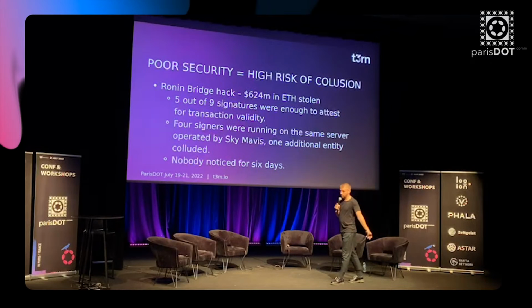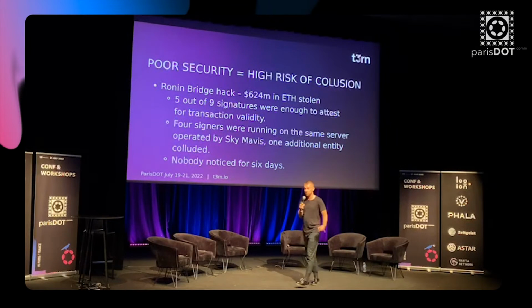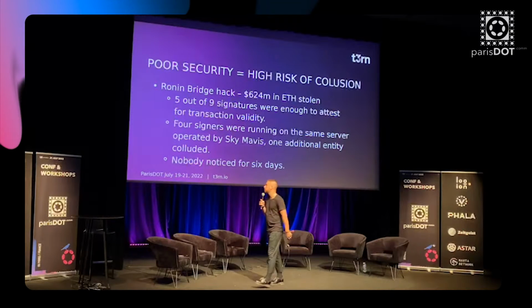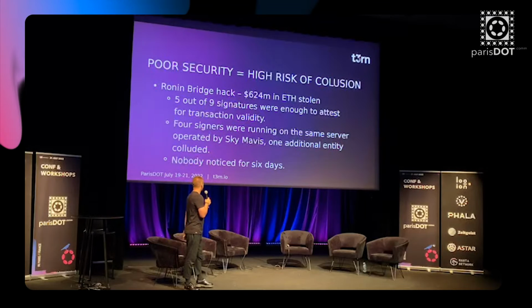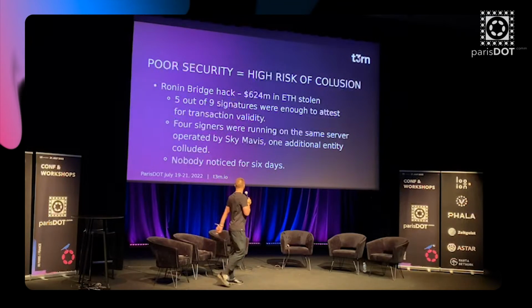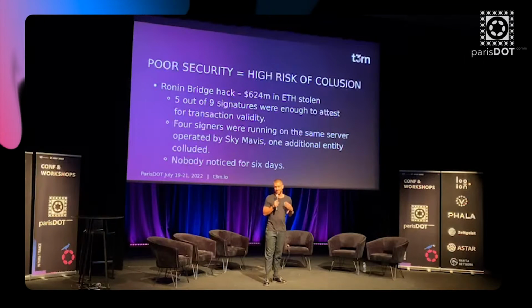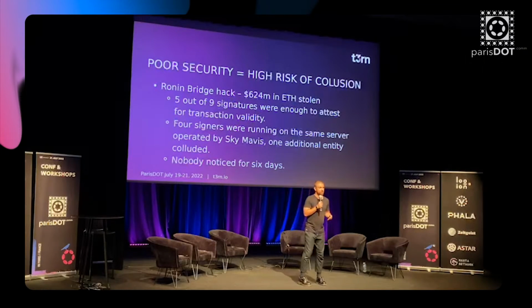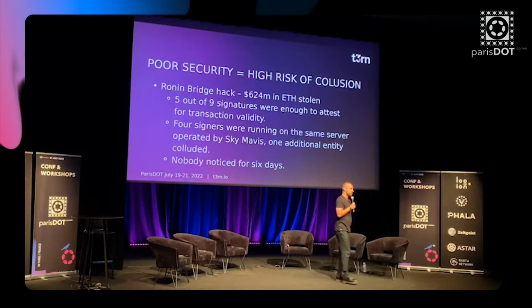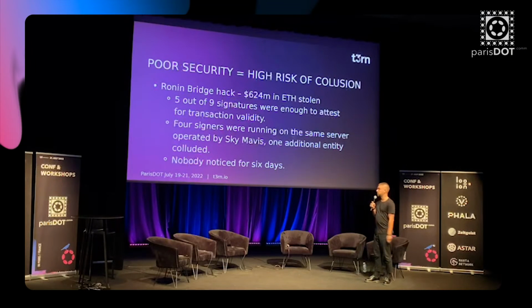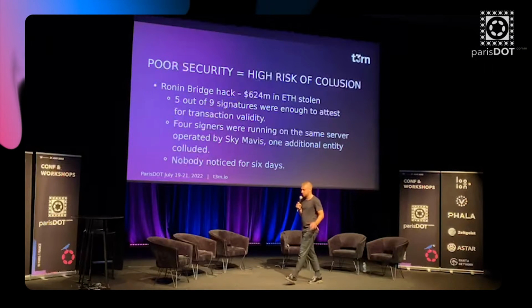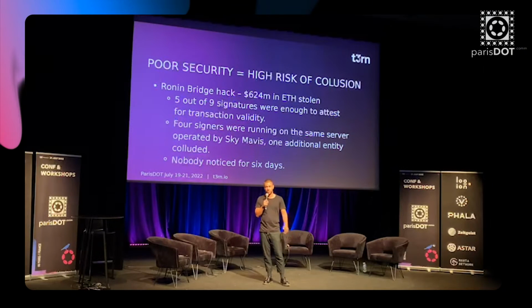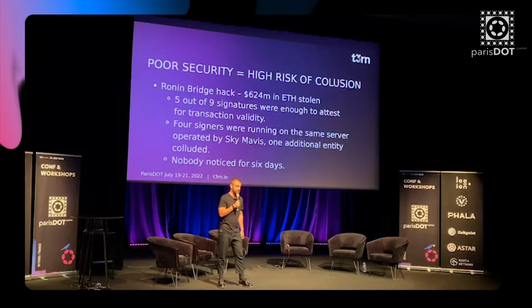Look at something like Ronin, obviously one of the most notorious hacks to happen in the space as a whole. Essentially what happened there was there were 9 validators, and 4 were being run by Sky Mavis, the guys behind Axie Infinity. All a malicious actor needed to do was take control of one more validator to fully be able to drain the network of liquidity. Sky Mavis had set up a system to gas optimize as much as possible during moments of high traffic for Axie Infinity.